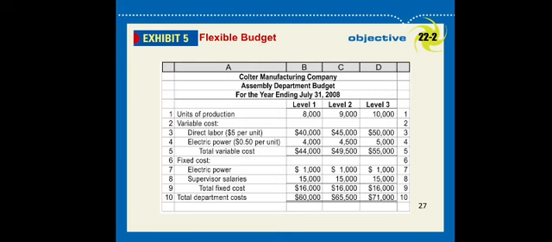And then when you prepare a flexible budget, you categorize the cost into variable cost and fixed cost. See the above section in the budget is for the variable cost: direct labor variable cost, electricity variable cost, and then